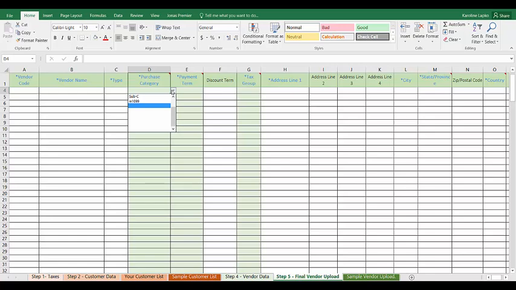Now you can manually enter in the information, but most often you'll copy and paste from an existing Excel spreadsheet of information you have. To get started, you'll have to enter in the vendor code. If you currently don't use a coding system for your vendors, you'll have to create one. Most businesses use the first 3 characters of the first name and the first 2 characters of the second name. Enter in the vendor name,